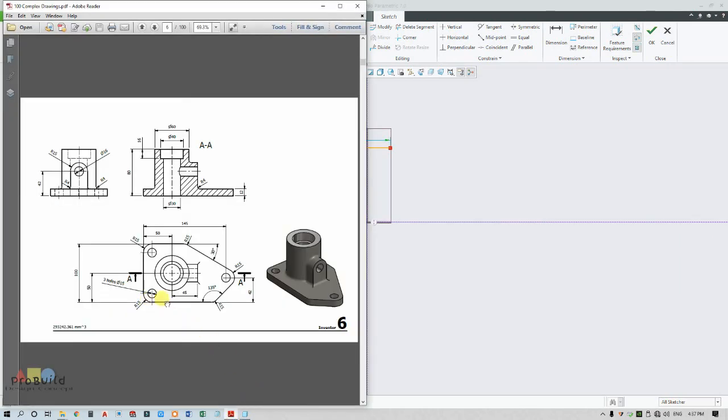So I need to draw this sketch. You can find the circle is not on the horizontal line, it is offset at some distance. So from here it is 42, and from here it is 145.